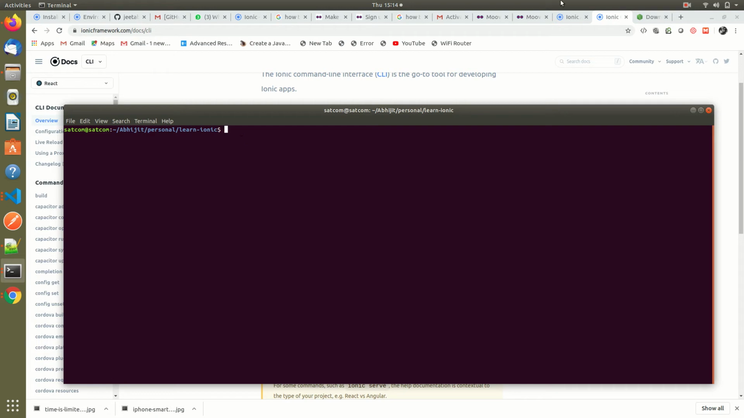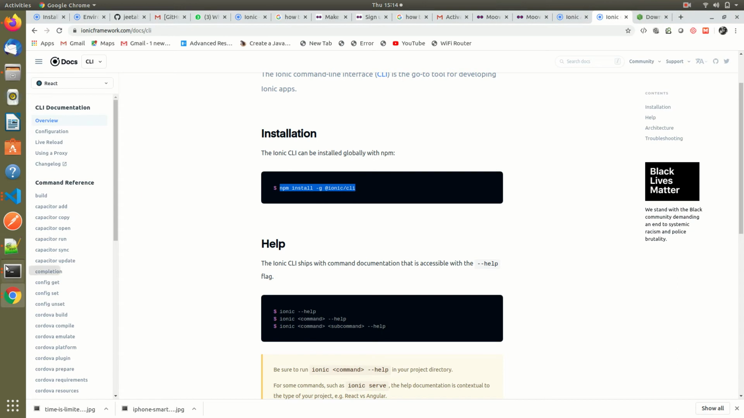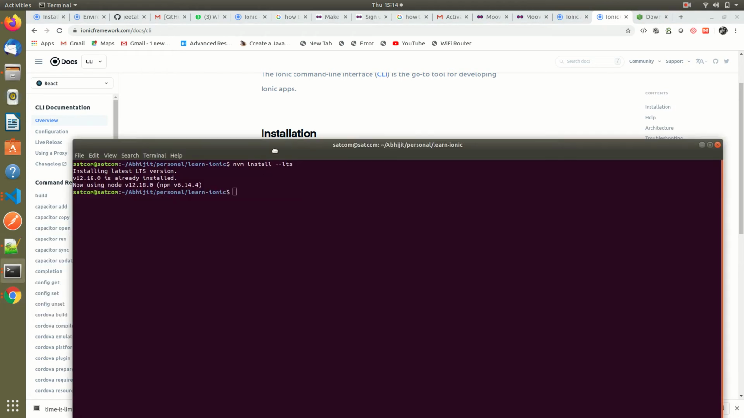One minute, I am doing my setup. Then you need to run this command. I have already installed it, so I am skipping this part. It will take a little bit of time for you. Once it is installed, then